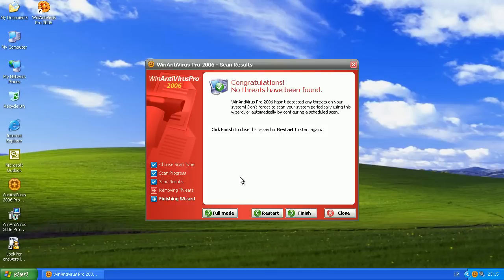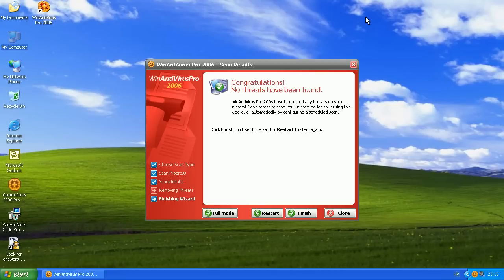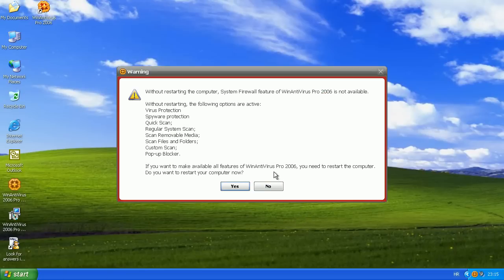Just to note that I have some threats in this root folder, but it didn't detect them, so probably it just checks for user files, program files, and Windows folder. So when it's finished, we can restart or finish. So we'll just finish to prevent any restarts of scans. You know that. So we don't have any system firewall feature, but everything else seems to be available. We'll just restart anyway, so that we have all enabled. So restart,